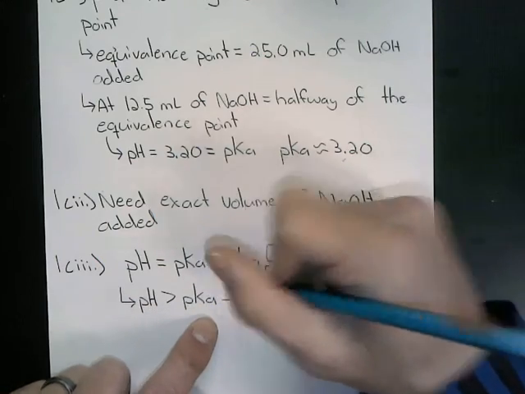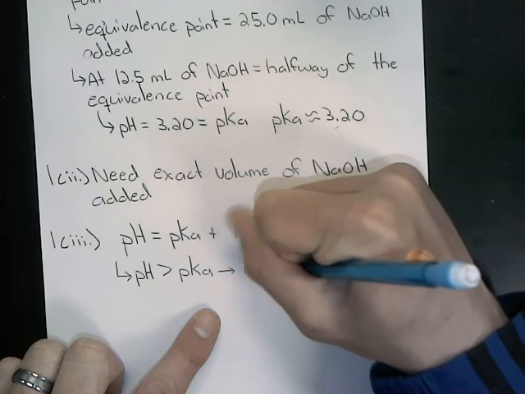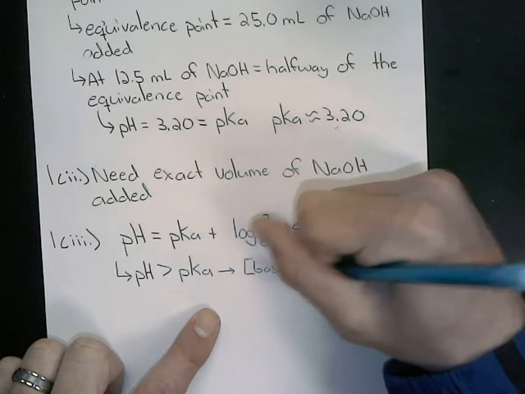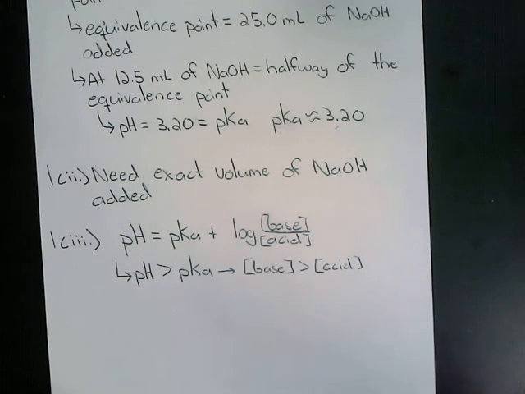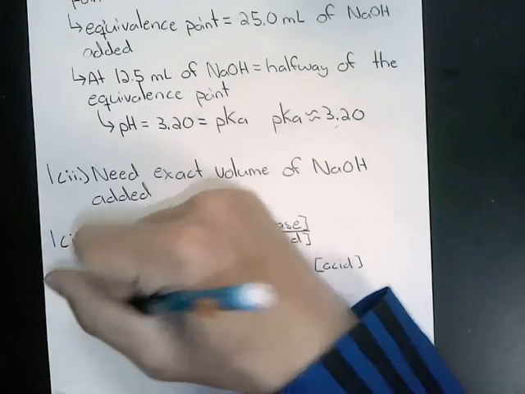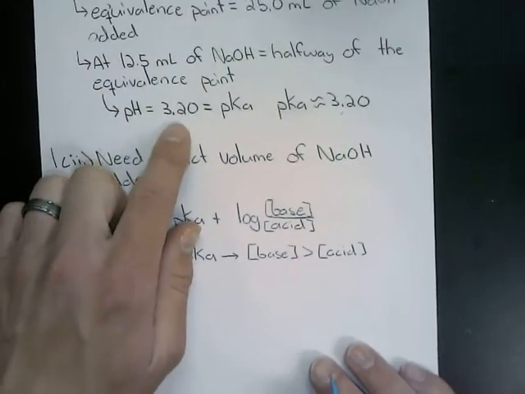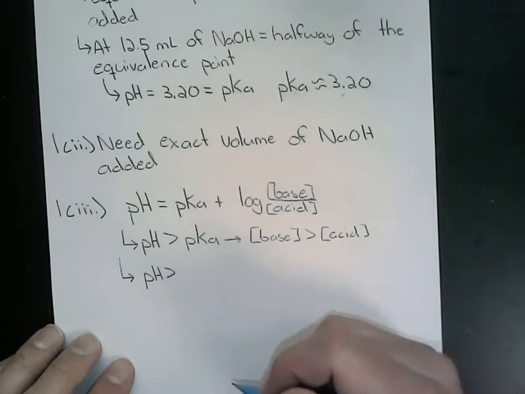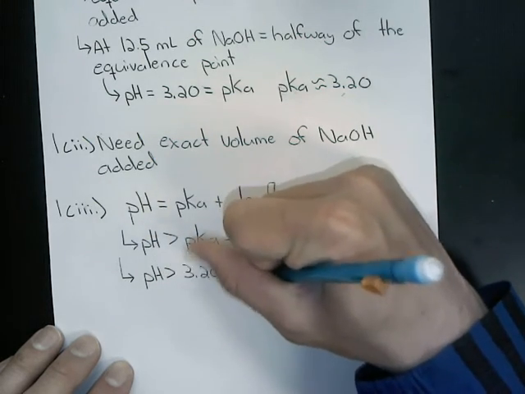If you want to try that, you can go through and do some calculations, but it all deals with logarithms. So to answer part C, a pH greater than our pKa value, which we established in earlier parts, so a pH greater than 3.20,